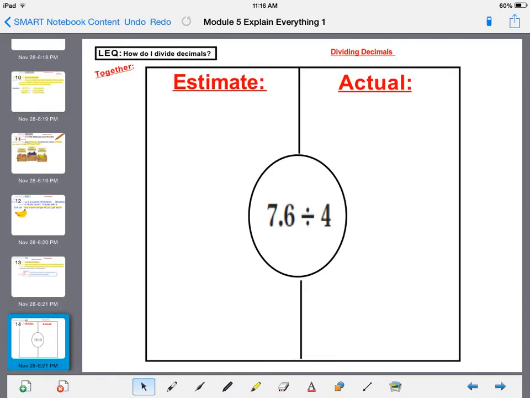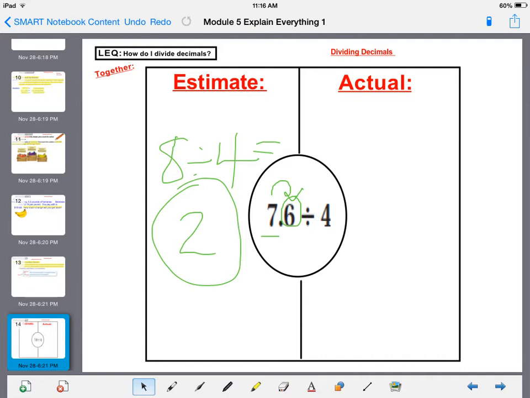Okay, let's go ahead and practice dividing these decimals. We're going to estimate first. We're going to look at the whole number 7. We're going to look at the guy next door. If he is 5 or more, we raise the score. 4 or less, give him a rest. Well, he's 5 or more, so we're going to turn the 7 and 6/10 into 8. Divided by, we're going to keep the 4 the same. So our estimate is going to be 2, and so when we come up with our actual, it should be